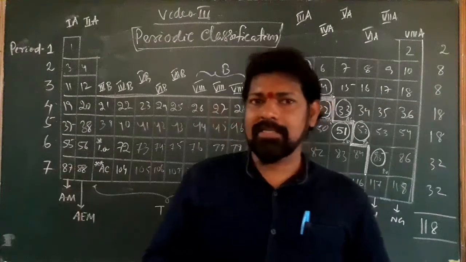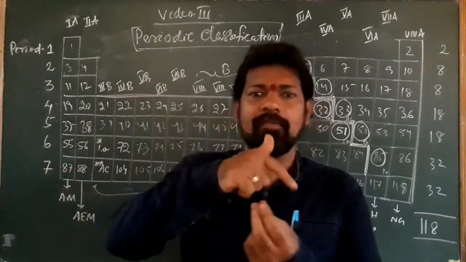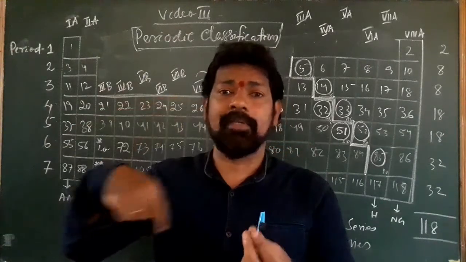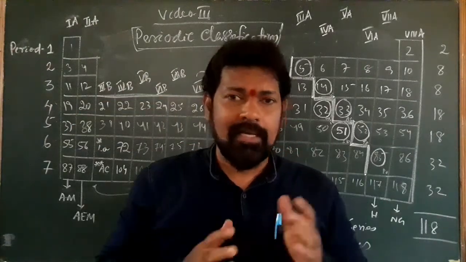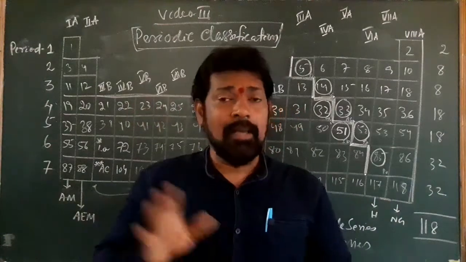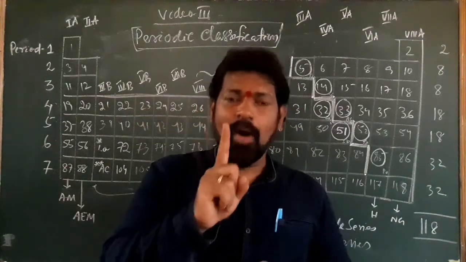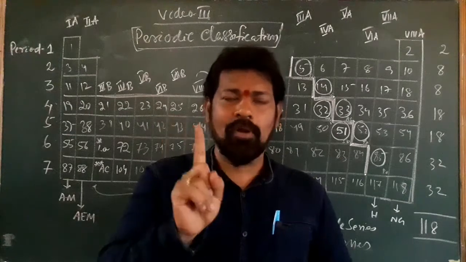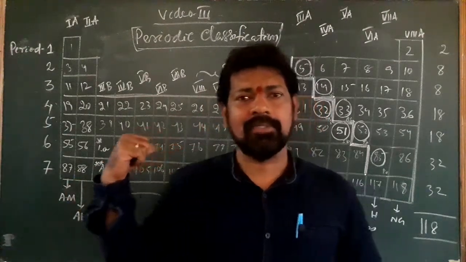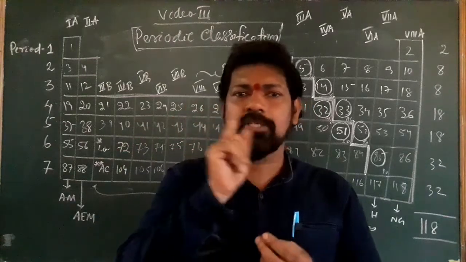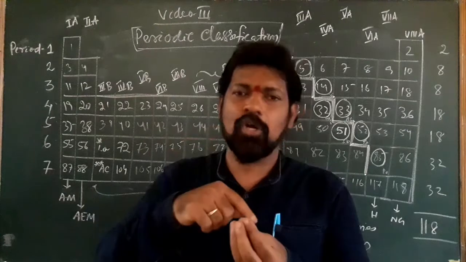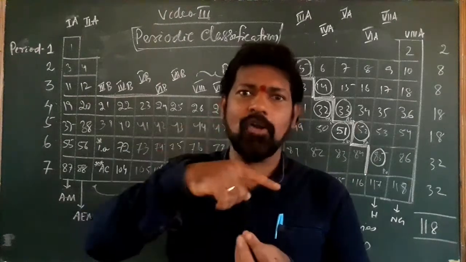Just like our solar system, first Mercury is revolving and Venus is in some other orbit. Earth is in the third orbit, Mars is in the fourth orbit. In a similar way, electrons also revolve in different orbits. But in our solar system, in one orbit only one planet revolves around the sun. In the case of atoms, a single electron does not have a single orbit. A group of electrons revolves in the first orbit, a group of electrons in the second orbit, and so on.